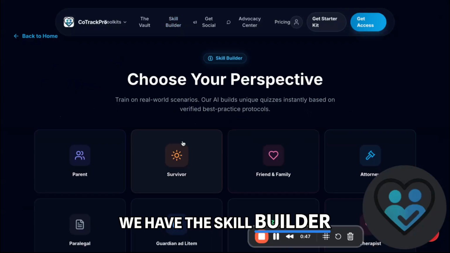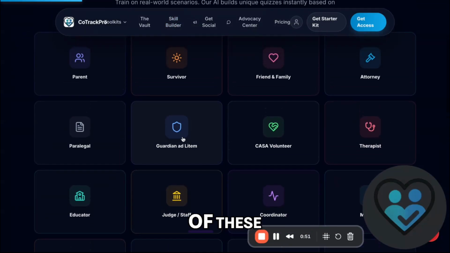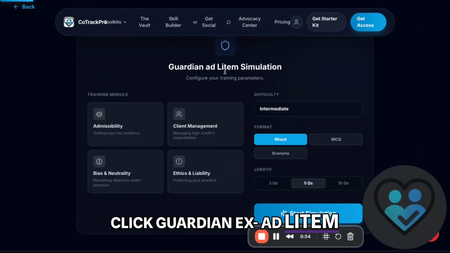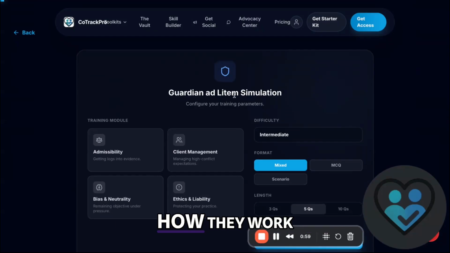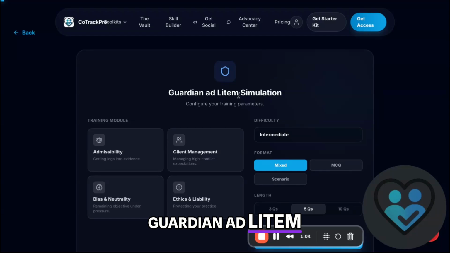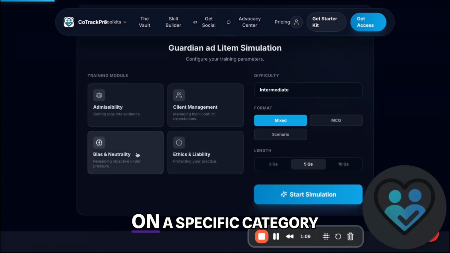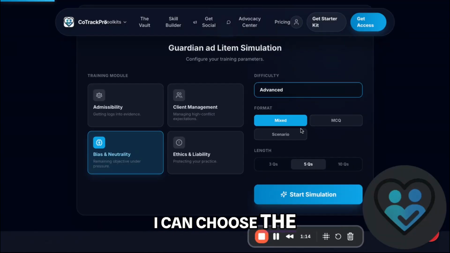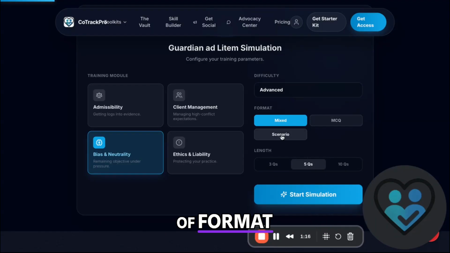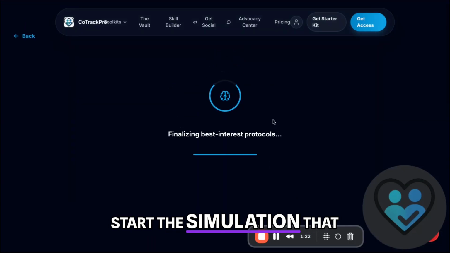Next, we have the Skill Builder. Depending upon your role in the family support ecosystem, you can choose one of these. So if I just click Guardian ad litem, for example, this is a training simulation for you to understand not only how they work, but how this role, guardian ad litem, is integrated with other roles to help support children. So I can select a specific category, I can choose the difficulty, I can choose the quiz or assessment type of format. I'll click scenario with 5 questions, and then this will start the simulation